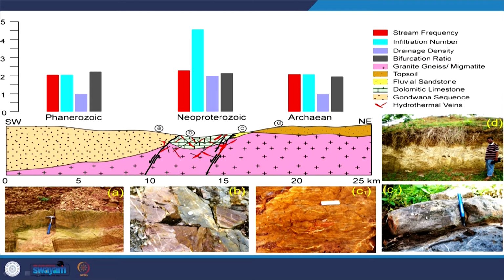And here, in this same region, there is another photograph. You see there are cross-cutting relationships of quartz veins, and that means, though it is a sandstone, it is porous and permeable, but this porosity and permeability has decreased significantly due to this hydrothermal fluid emplacement.